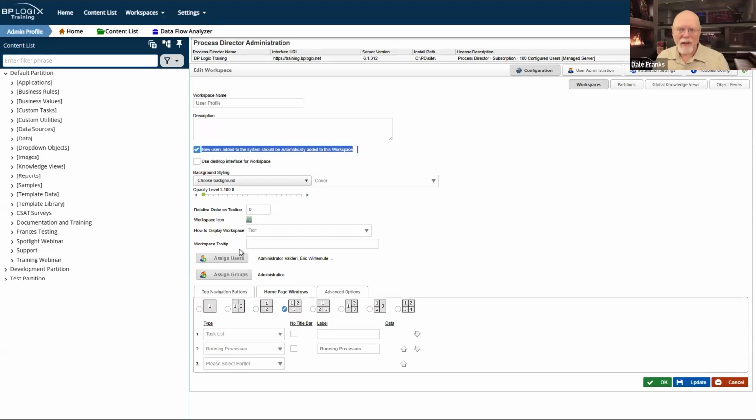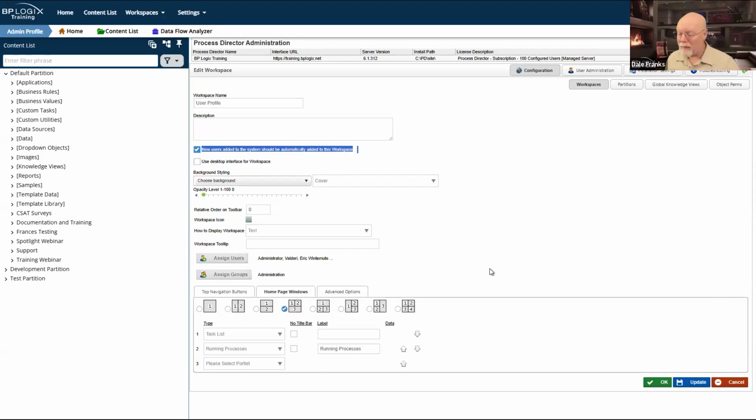There are a couple of things that every employee has to do. So you might want to make a default workspace that allows them to submit a vacation request or submit a change of employee information, or really standard things like that, that pretty much every member of the organization is going to have to access on a more or less routine basis, and have that workspace as the default workspace.